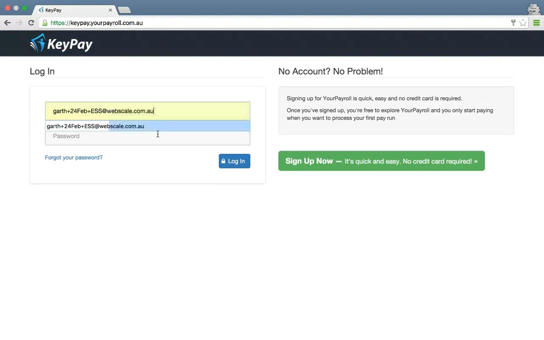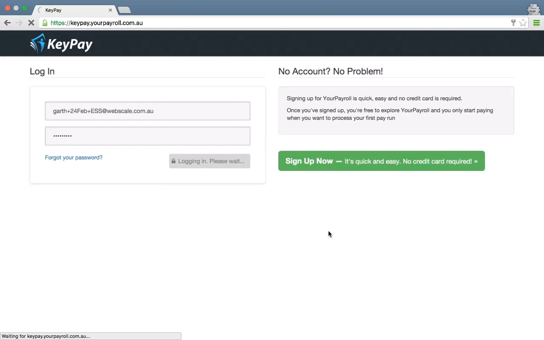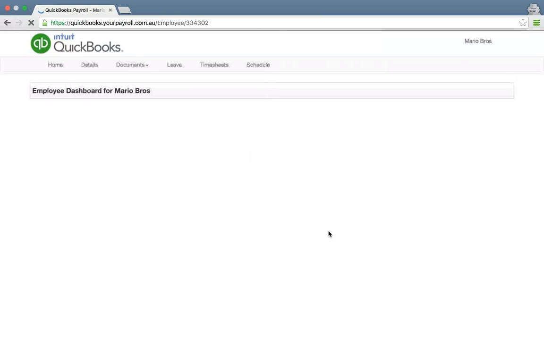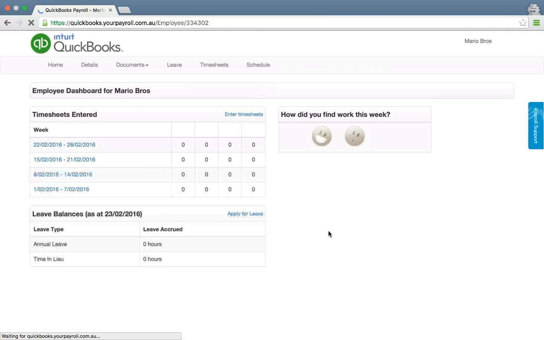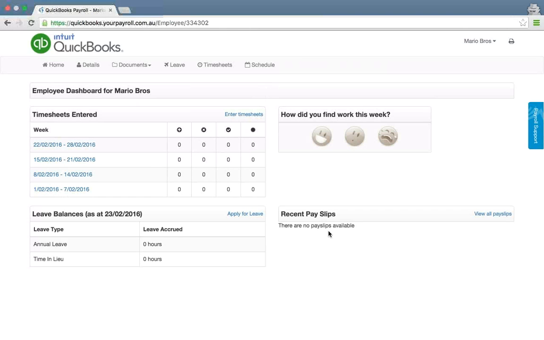Log in. And I'm logged in as Mario. So if you haven't seen the employee self-service portal before, this is the dashboard view, and we can enter timesheets from here,